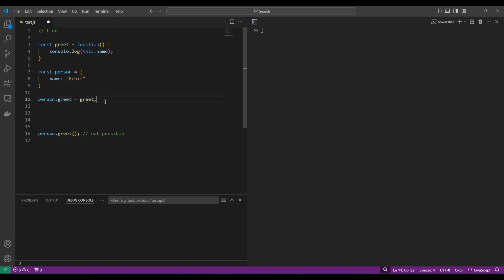After defining this, whenever we call person dot greet, it will be executed, and now it is possible, right? Now we'll save it and run it. See, it is possible, but here's the problem. If we console log person,